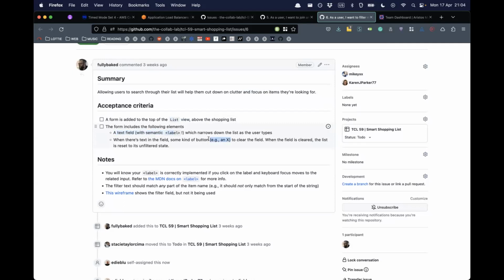When the field is cleared, the list is reset to its unfiltered state. So as you type, the list is filtered. If you have apples and oranges and you start with AP, the oranges will disappear and just apple will be there. This is filtering, which is a very common thing to do when, as a front-end developer, you receive some data from the backend and have to wrestle it into the right shape.